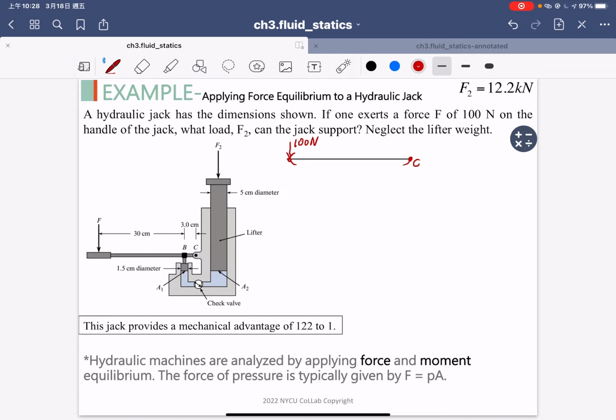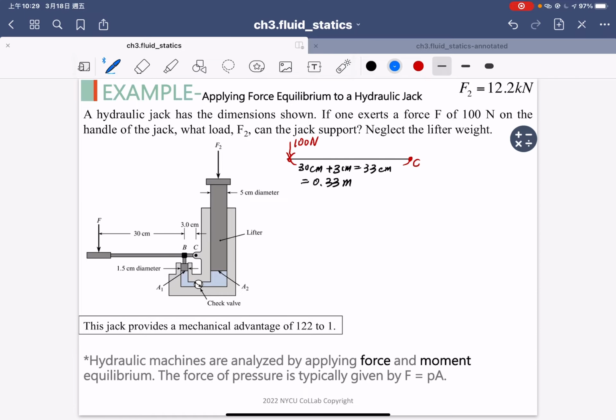The length in here is 30 centimeters plus the 3 centimeters, so it's equal to 33 centimeters, and this is equal to 0.33 meter. Okay, so we know the distance between the force and the C point. So in this problem, we need to consider the moment